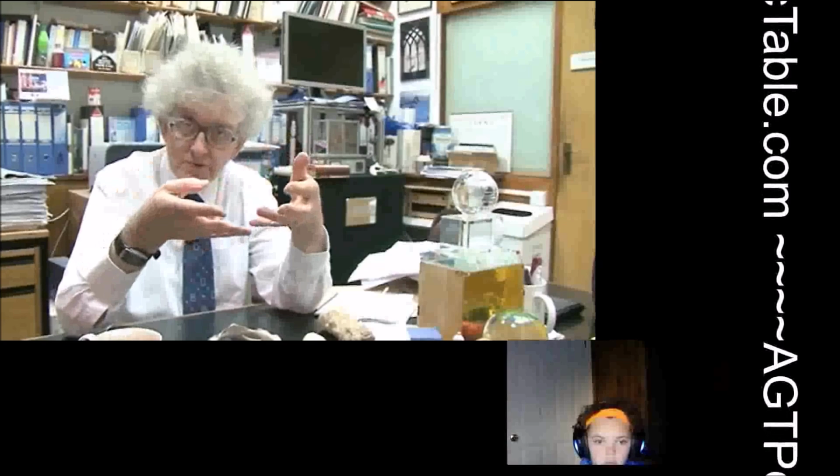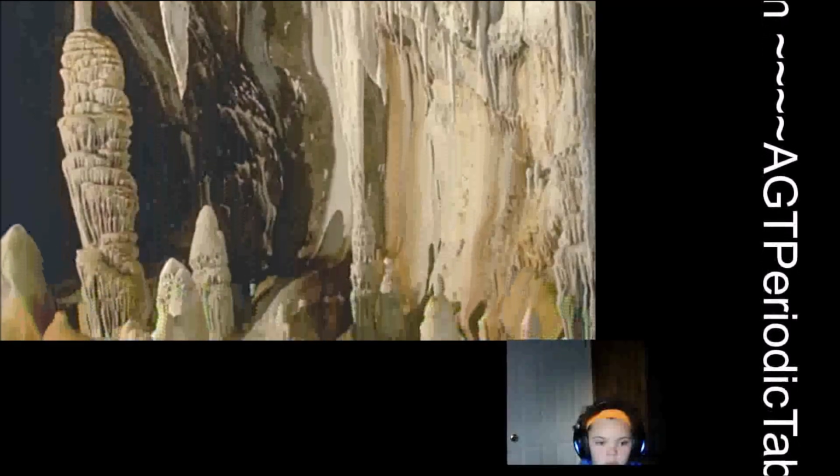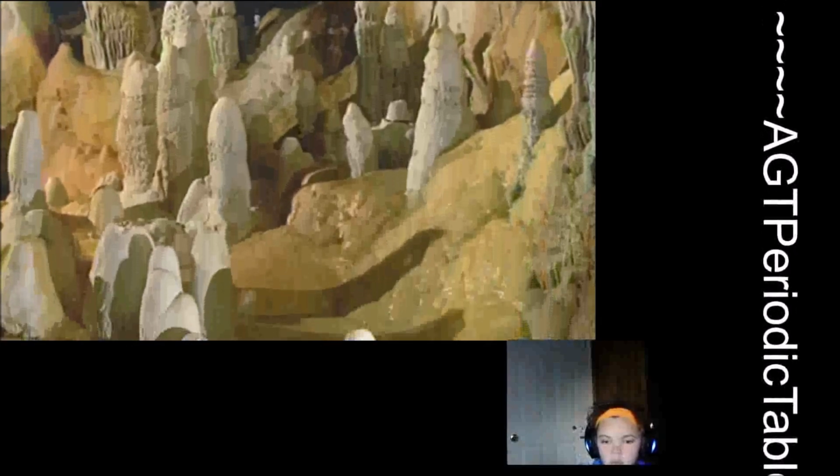Calcium carbonate dissolves in water saturated with CO2 to make calcium bicarbonate, which is more soluble. And so you can get so-called hard water, that has quite high levels of calcium. And when this percolates through the ground and comes to a cave, it can then crystallize out, and you can get hanging down pillars of calcium carbonate, which are called stalactites, and you can have pillars growing from the floor called stalagmites. This is a stalagmite from